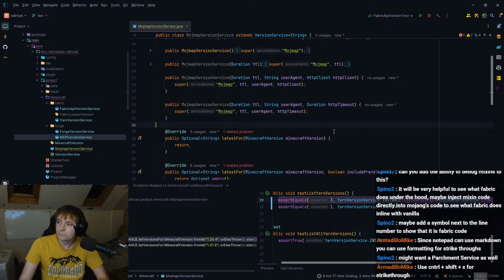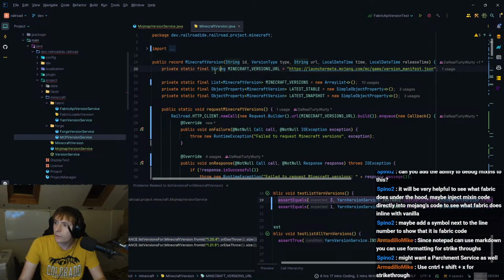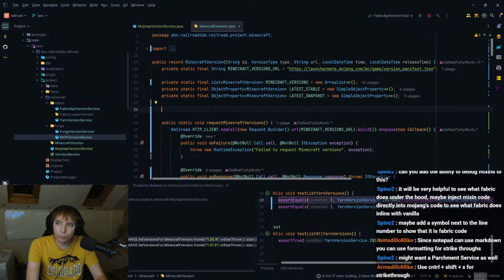Okay, now we can do Mojmap version. So realistically, this should be pretty simple. We just need to get the piston meta and pass the piston meta. Now ideally that should just be part of the Minecraft version. So I think what we will do is we'll cache things.